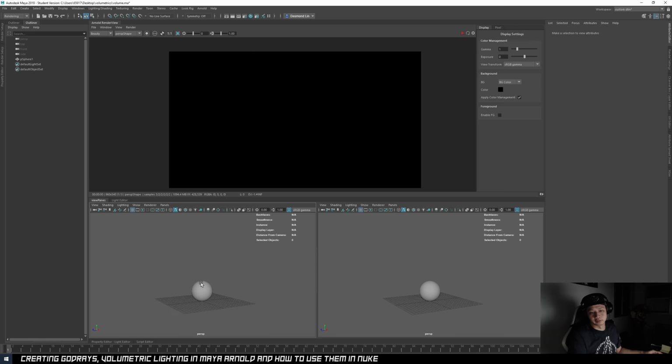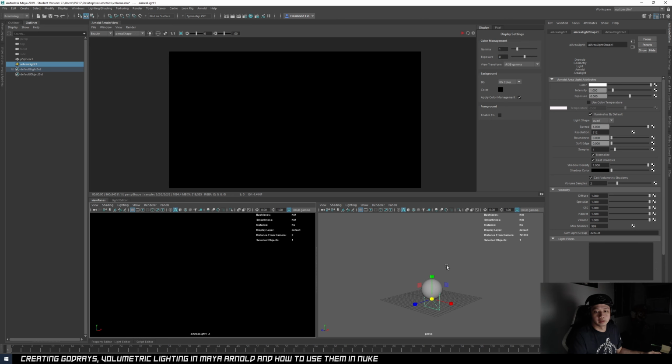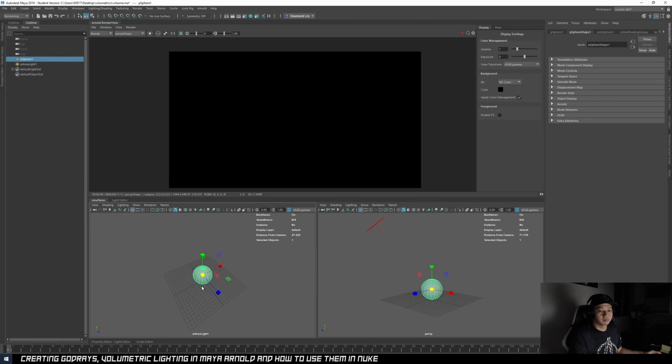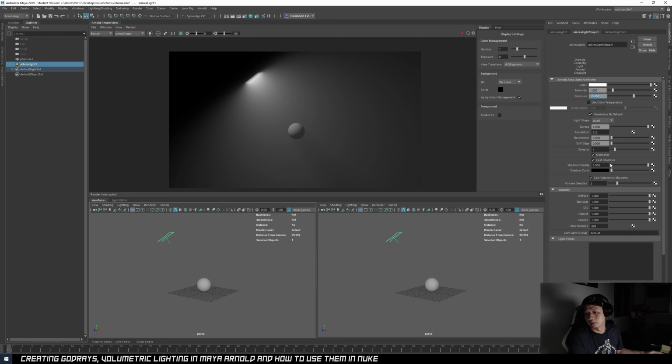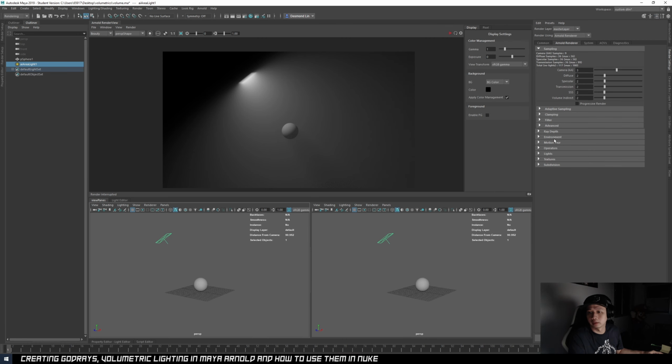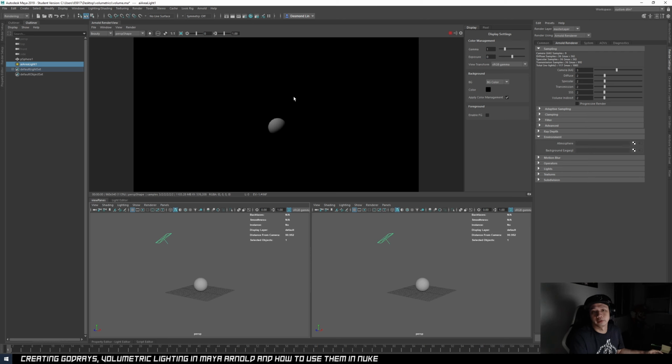Okay, so first I have a simple scene with just a sphere. Usually we will just create our own area light, and let's look through it. So normally you have this lighting. Let's just work with an exposure of 10 and do a render. Mine has the environment already set up, so let me just break the connection. So technically by default you should be getting this if you do not have any atmosphere in your scene.